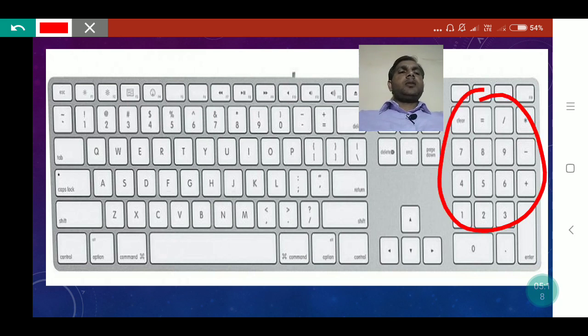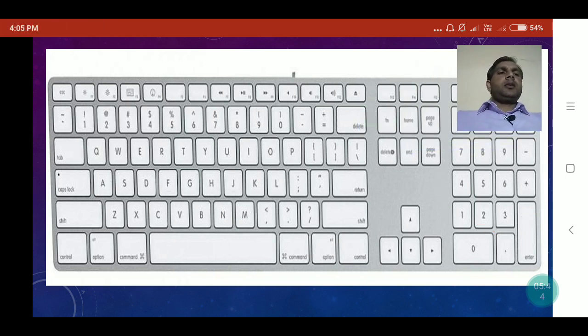This one is the numeric keypad. It is used to enter numeric digits fast. For banking and accounts we generally use numeric digits for data entry, so it is used for banking, accounts and numeric data entry.